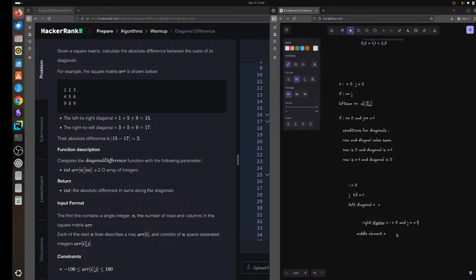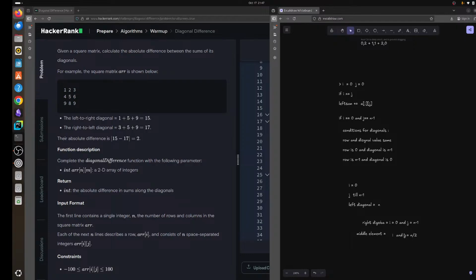The right diagonal middle element is i and j equals n by 2, and the rightmost element equals to